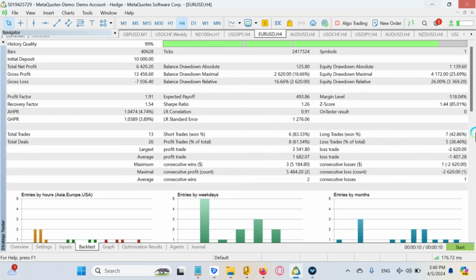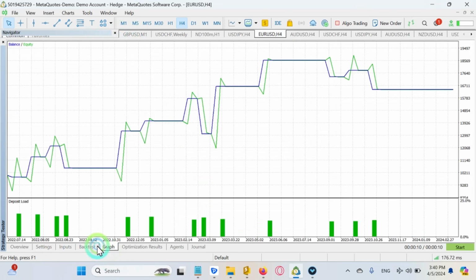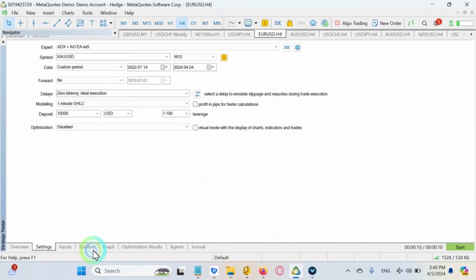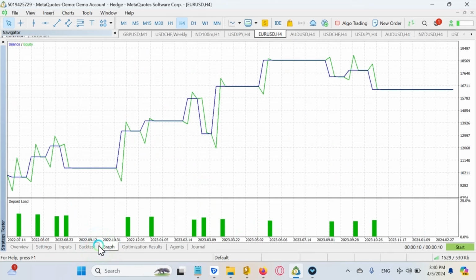But it seems like this pair, this combination, no, it is a killer combination, because you don't know how many times you have to optimize an EA to achieve these results. Of course, it is just 2 years, but still, in my opinion,